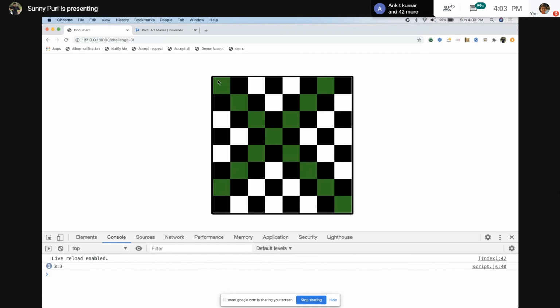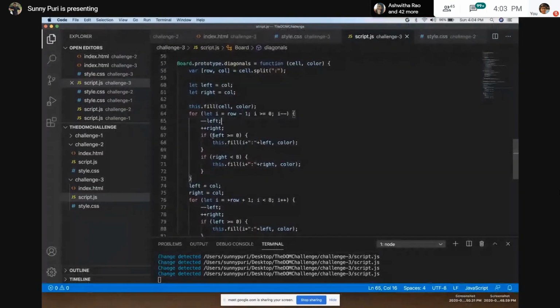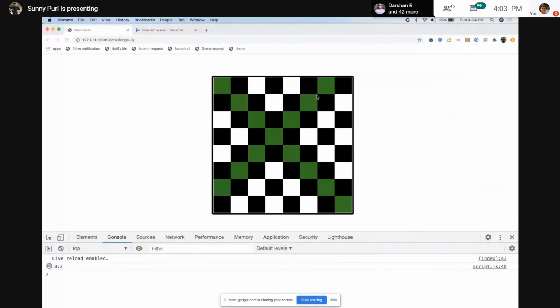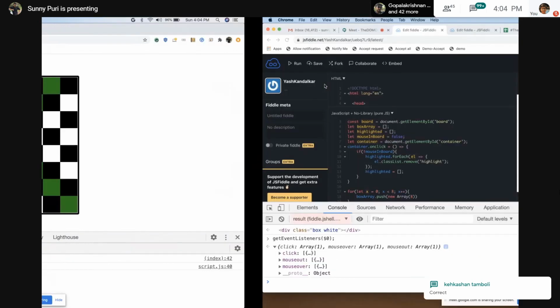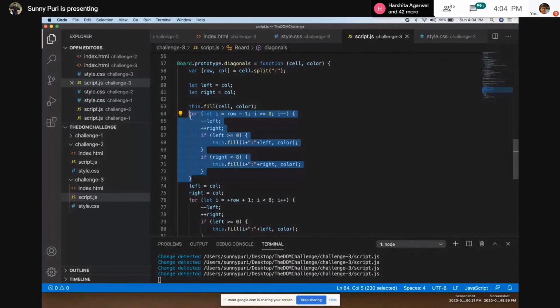Now the corner case. Corner case is we have to find out left is not exceeding 0, like negative value. So left should be greater than or equal to 0, then only fill it. Right should be less than 8 because right is going in this direction, right? If it is not less than 8, then it's an issue. So this is the case I have added. So this is the way you are coloring the top part.